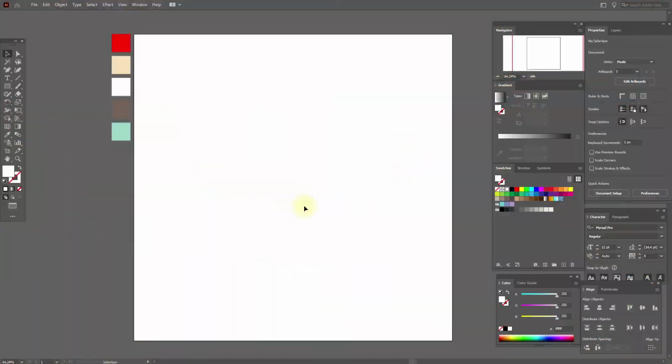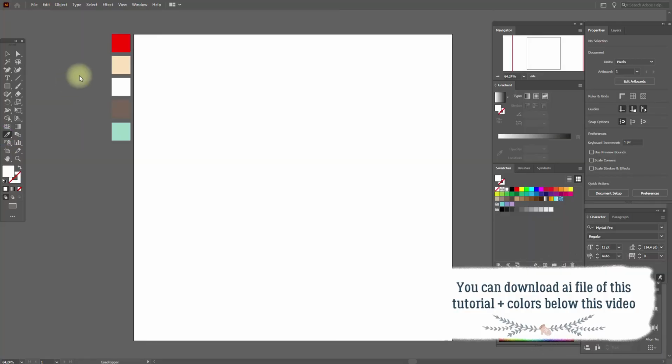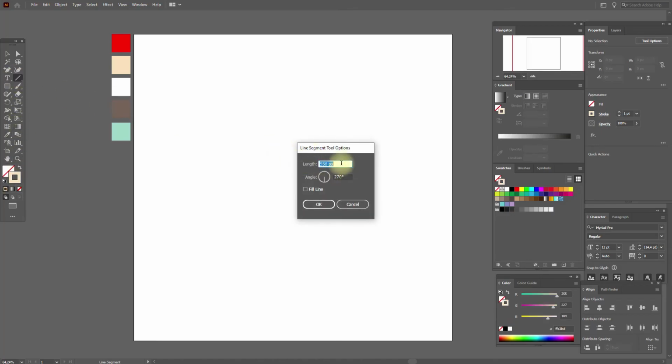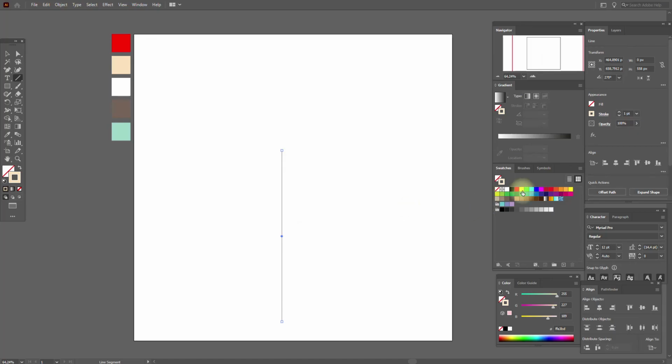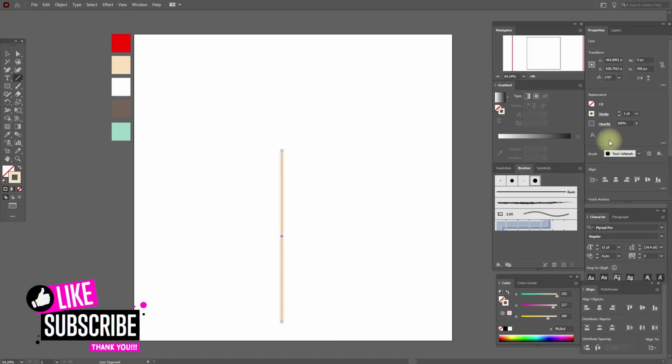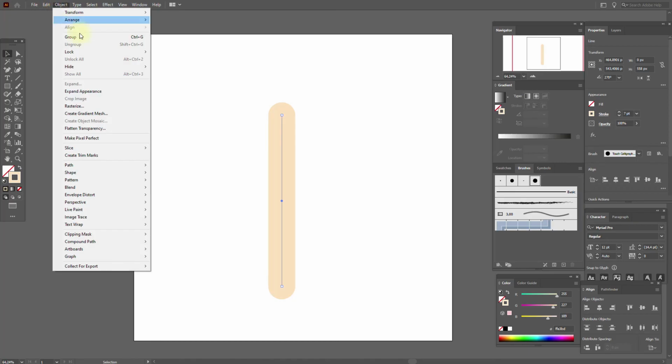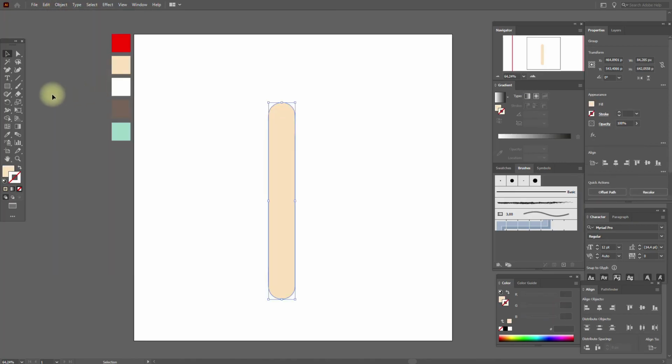Okay guys, let's start. Select this color and switch fill to stroke. Now select line with these options. Now select this brush and here 7. Now a little move it like this. Object, expand appearance. Now select fill